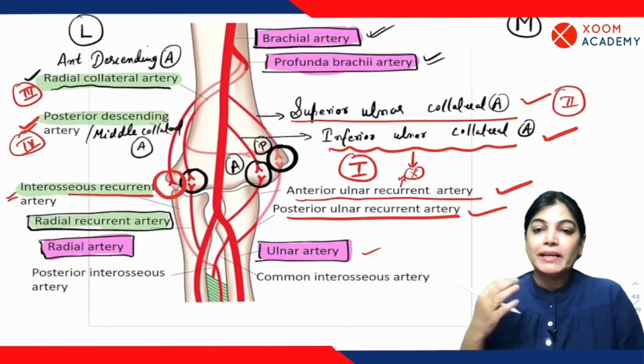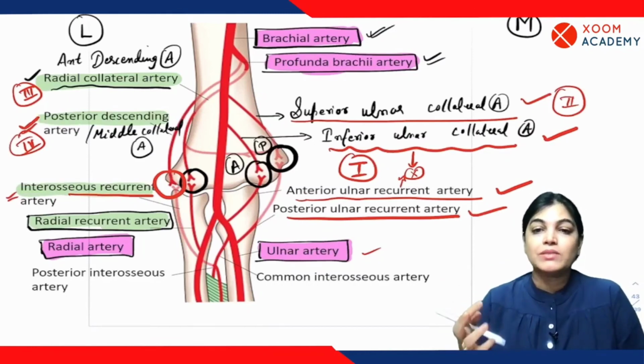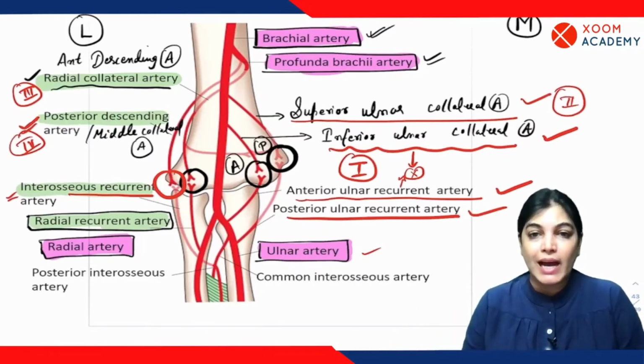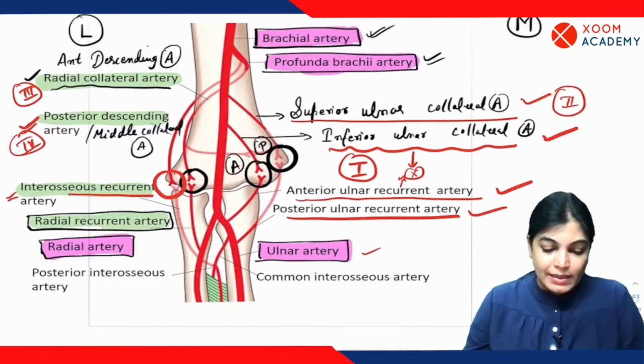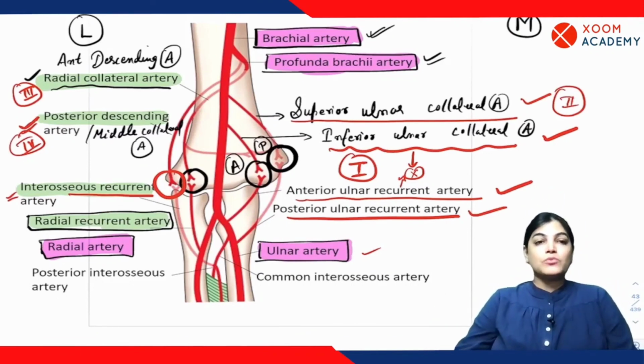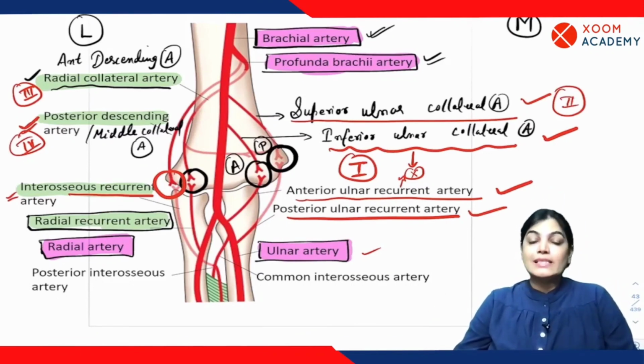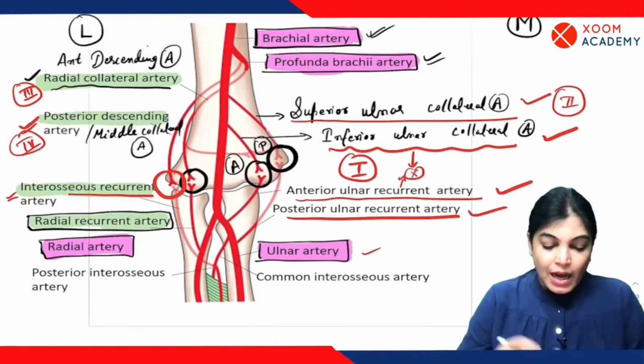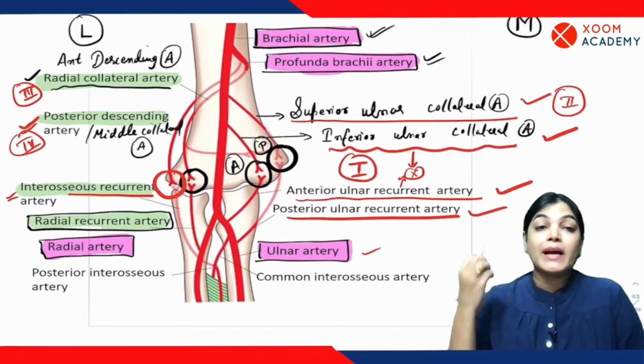Why am I repeating these things? Because sometimes if they use the other name of that artery, please don't get confused. So here we can clearly appreciate the interosseous recurrent artery anastomosing with the posterior descending, also called the middle collateral artery. Now my dear aspirants, the other point which must be coming to your mind